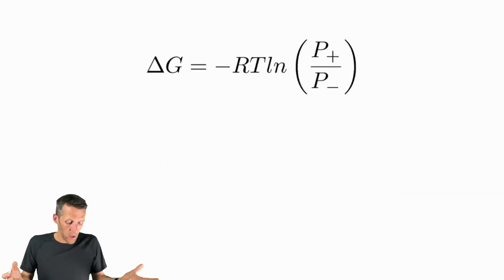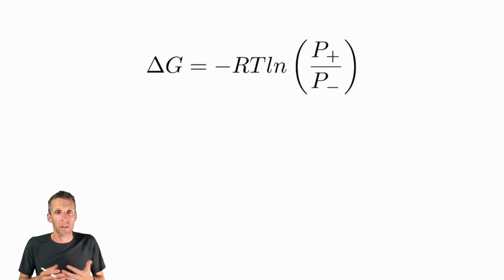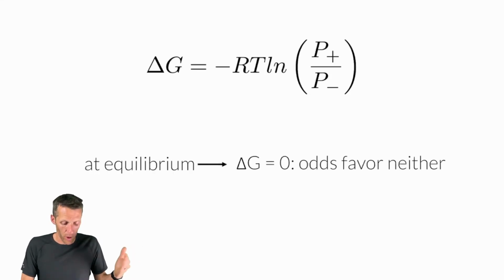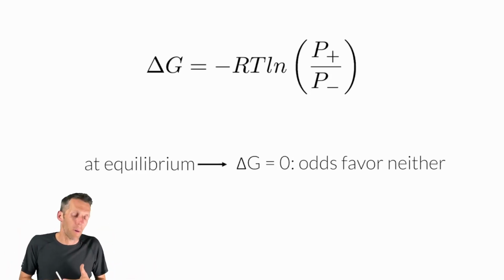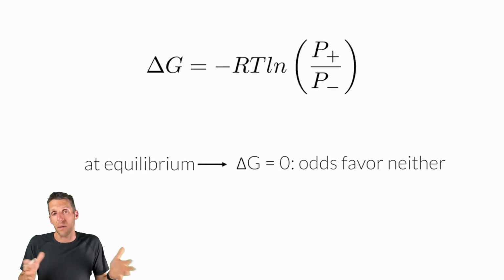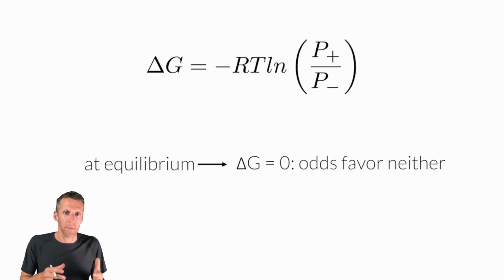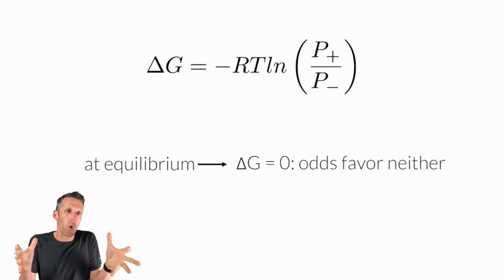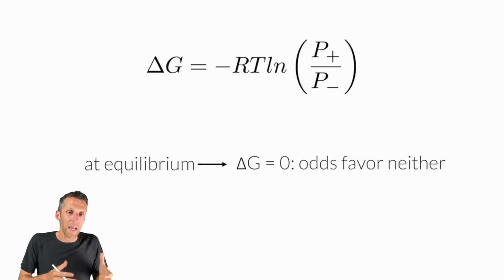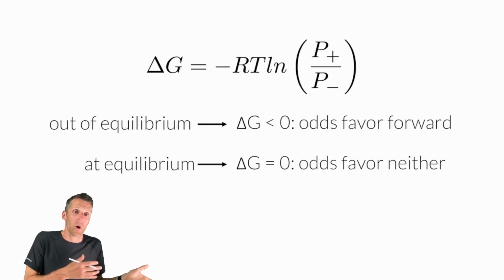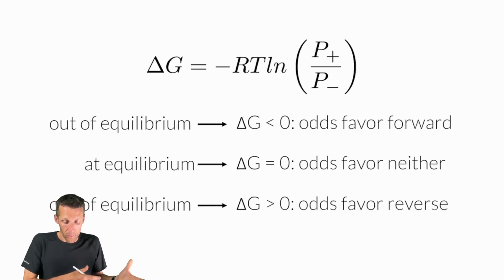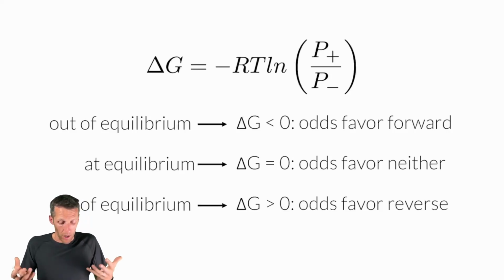Okay, so here we have this expression, that delta G equals minus RT log of the forward probability over the reverse probability. I think that's the simplest, most central way to talk about free energy. There are other ways it's formulated. In fact, I'm going to have a couple of videos coming up where I talk about other ways we write it, maybe to relate it more explicitly to chemical things like concentrations and rate constants. But this at its core is what the free energy is measuring. When we're at equilibrium, our delta G equals 0, meaning the odds favor neither forward nor reverse. When we're out of equilibrium and our delta G is less than 0, our odds are favoring forward reactions. And when our delta G is greater than 0, the odds favor the reverse.